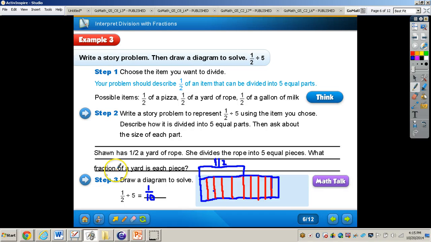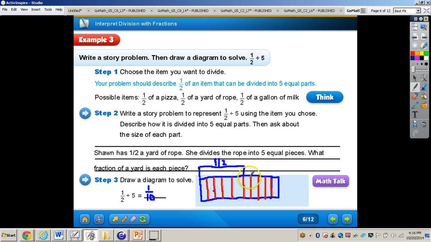Okay, now you can see not only my problem, but also the picture I drew. Sean has a half yard of rope. She divides the rope into 5 equal pieces. What fraction of a yard is each piece? So we can have a whole entire yard of rope. We divided it into half, you can see there. And then you can see